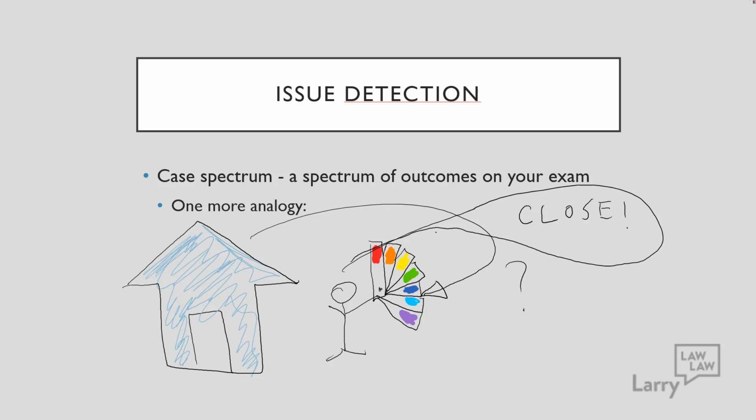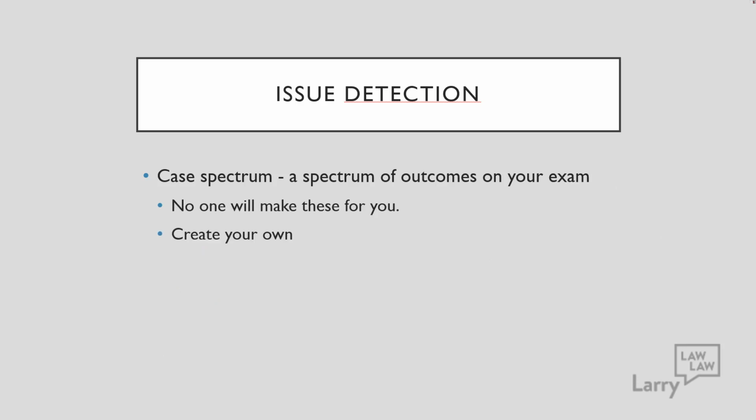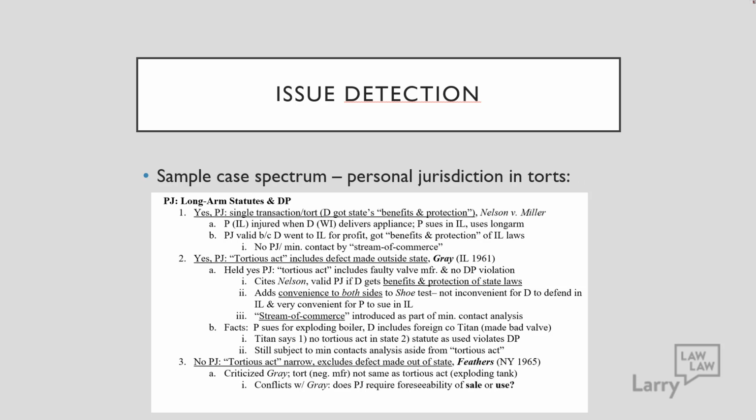So that's visually what a case spectrum is very much like. And I think no one's going to make one of these for you as it applies to the specific cases that your professor decides to cover and how your professor thinks about those cases. So this is a case spectrum that I used for a civil procedure class, okay? A sample case spectrum kind of looks like this, and you kind of array your notes